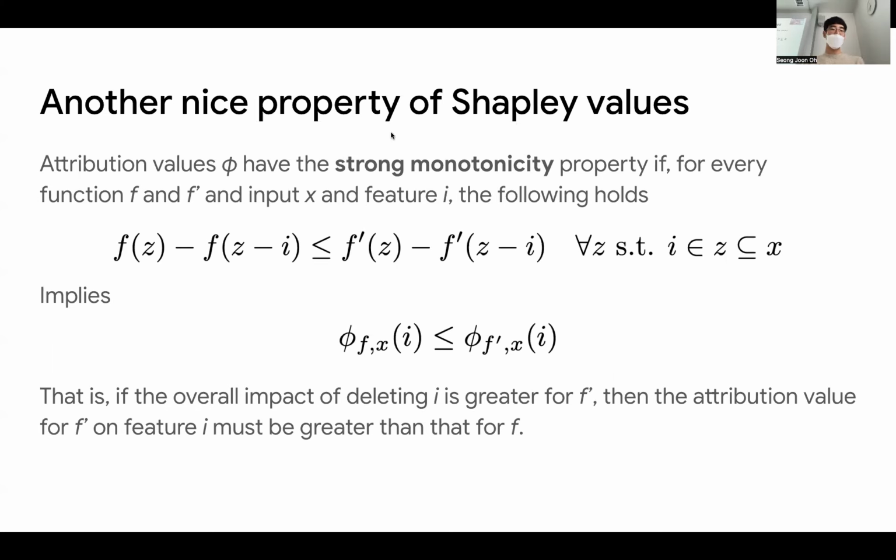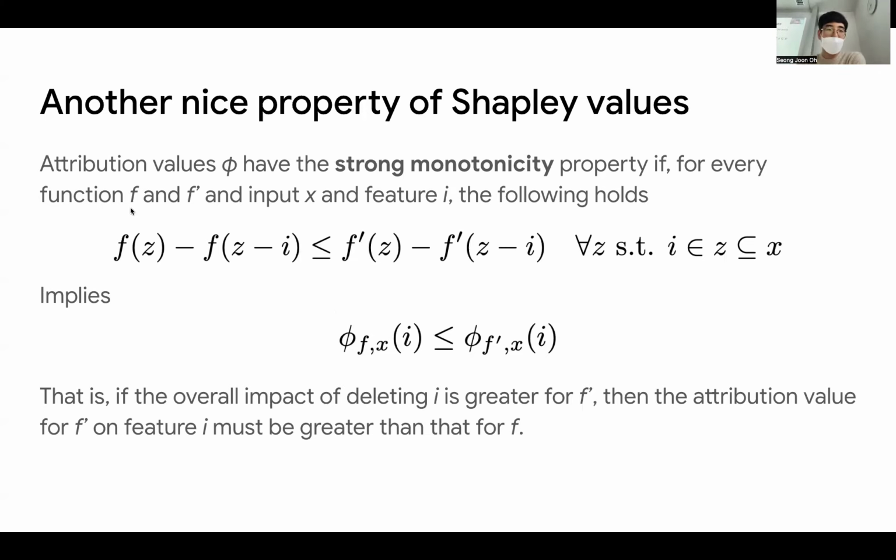And the other nice property of Shapley values is the strong monotonicity property. It's not very important, but I introduced this concept here because I wish to argue that Shapley values are some sort of special way of measuring contribution. It's the only way to measure contribution that satisfies this strong monotonicity, right? So that's why I'm bringing this up based on the previous studies. So to explain what this strong monotonicity means,